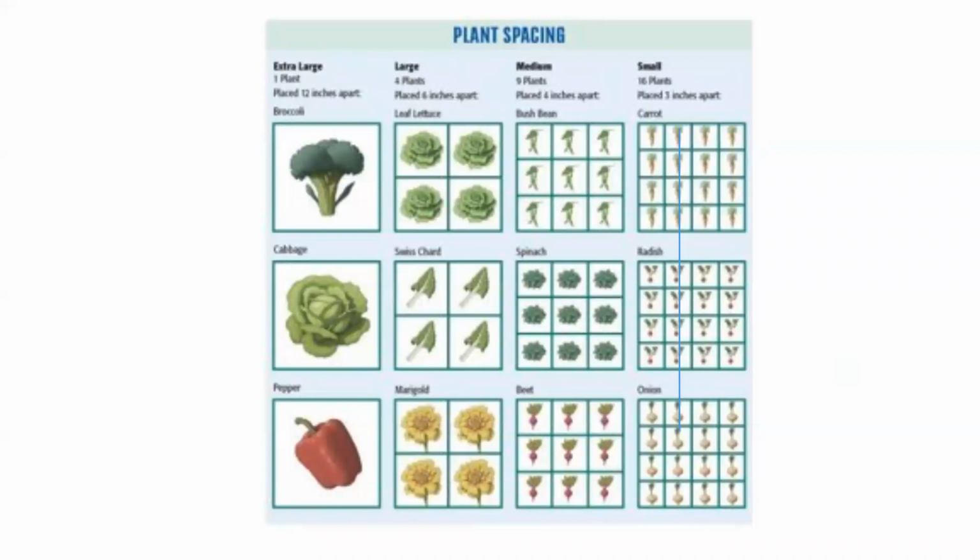Whereas if we were planting in row feet or linearly, we might have more space between plants because of how we orient our garden. There's going to be more space laterally. The rows of each plant are going to be spaced farther apart than they will be in the row. For example,